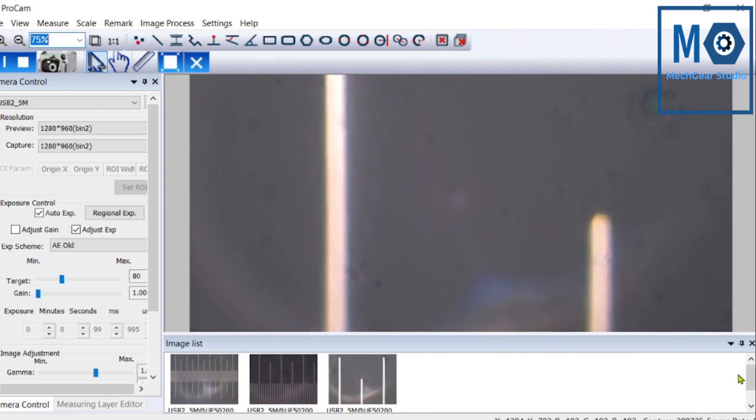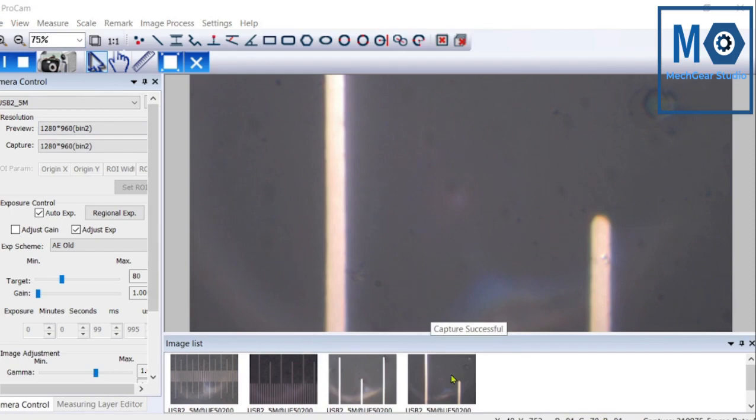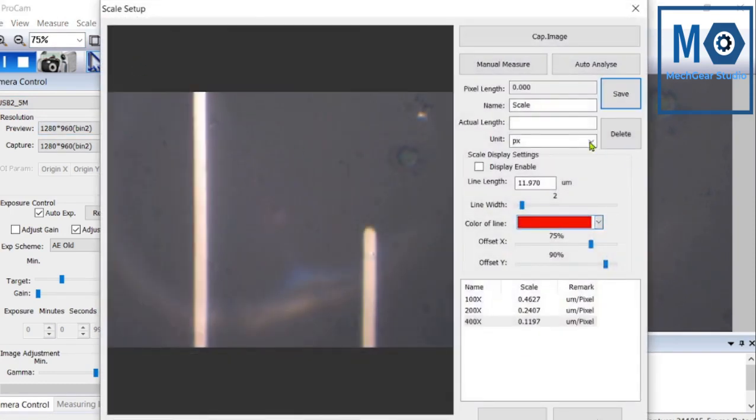Okay, this is blurring due to the adjustment of the fine tuning knob. Same way, capture image, apply scaling.